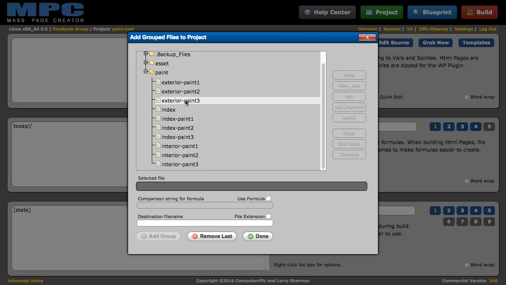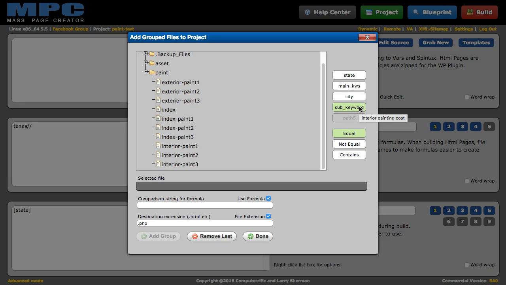We'll click use formula, PHP. And what we're going to do is hit sub keyword this time. So in my sub keyword, if I hover over this real fast, you'll see that I have interior painting cost. So I want to hit interior paint 1, and I want to do interior